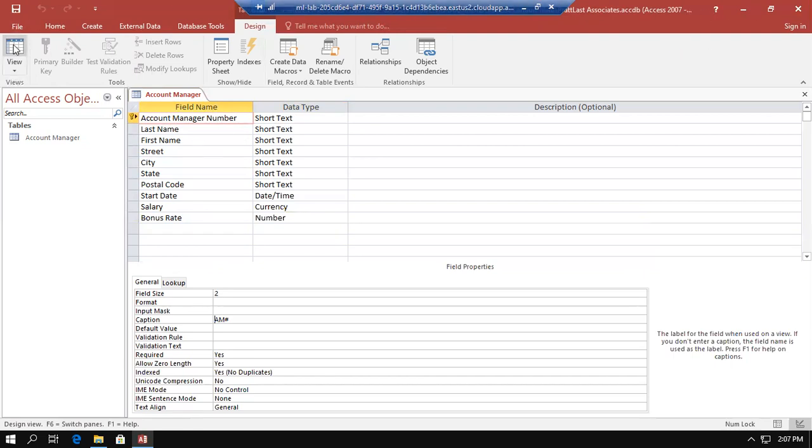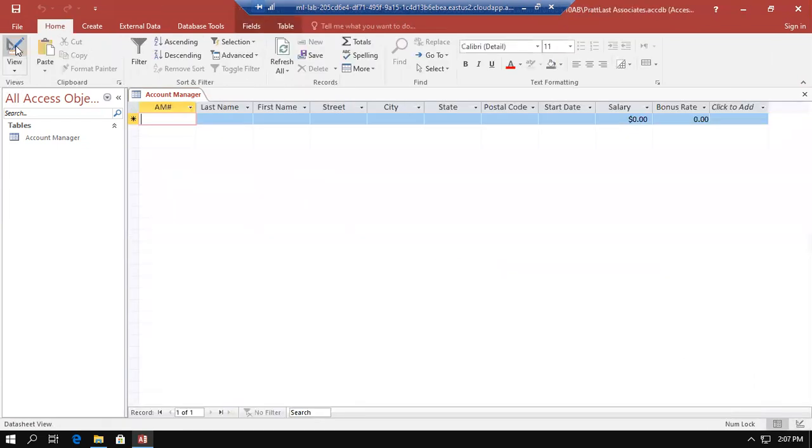Okay, I'm going to go to Datasheet View. I click here in this icon. And now I can begin to enter the data for this table. You are going to have a chart for the fields and you are going to have a chart for the data that you are going to enter. So I'm going to enter one so you can see. This is 42, the last name, first name, the address,